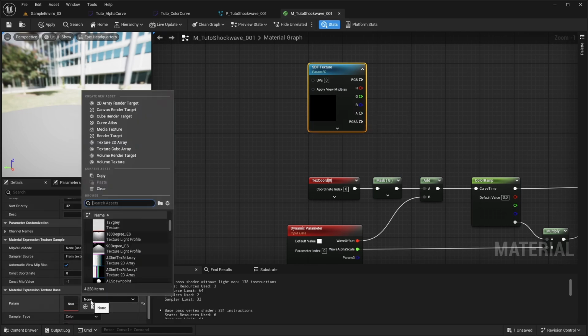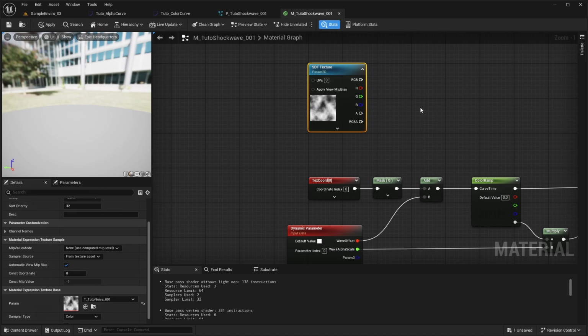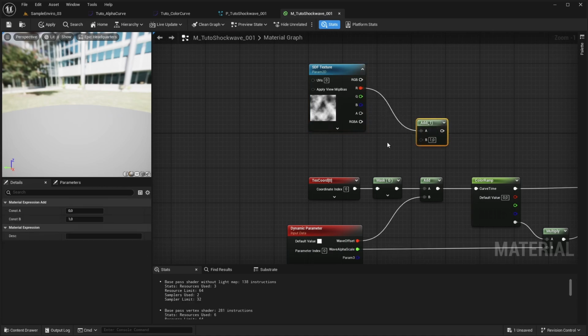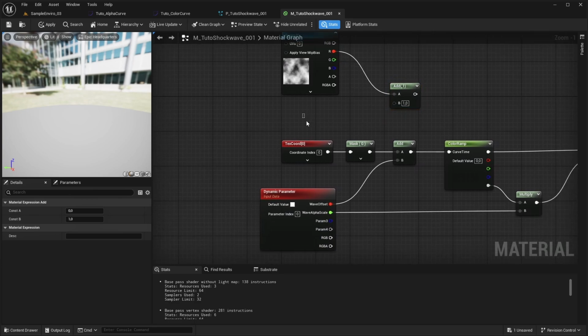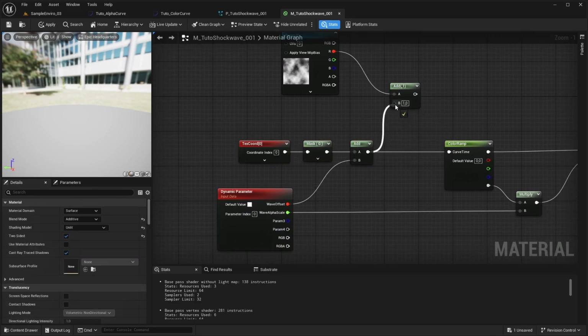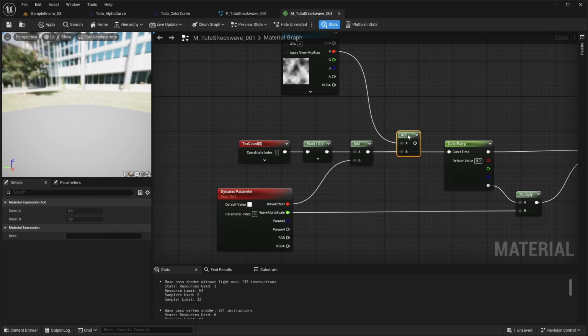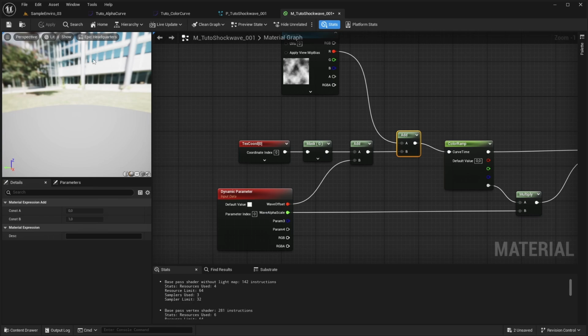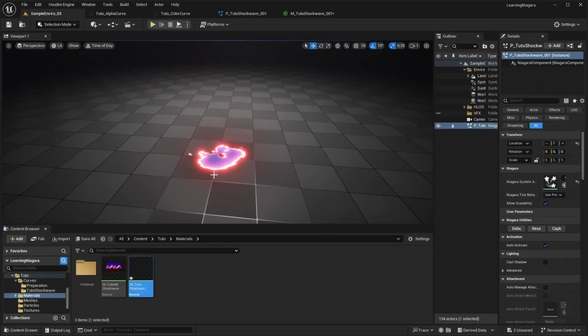Choose the texture you just created. So for me, it's Tuto Noise. And then you just have to create an add node and add the R channel of this texture to the UV channel of the color ramp. Now you will see something change. It's that our shockwave now has a texture combined with the shockwave.